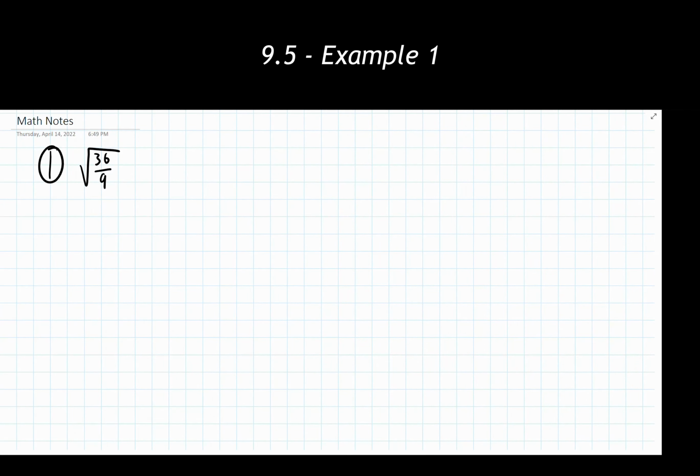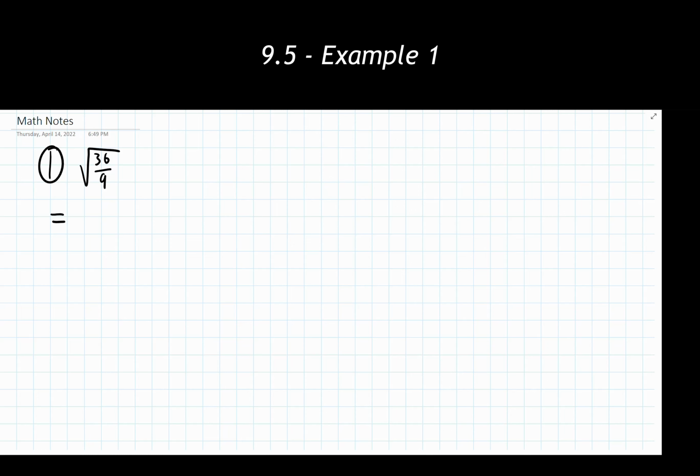So starting off with example 1, we have the square root of 36 divided by 9. And we're looking at this noticing, okay, the quotient rule could come into play here. So I could split this up into being a square root of the numerator and a square root of the denominator if I wanted to. We don't always need to do that, and maybe there's an instance where we can actually work with it in this form, and that's going to help us. So let's explore that a little bit. Maybe I can reduce this fraction 36 over 9 down. Turns out that I actually can.